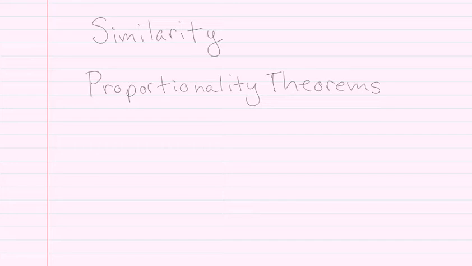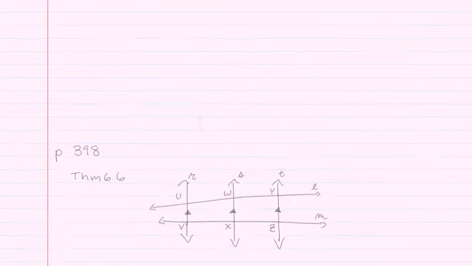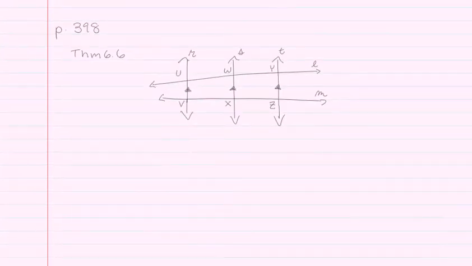In this video, I will continue our discussion on similarity using proportionality theorems. So in section 6.6, we already discussed a couple of theorems, and the next two theorems piggyback on those. So on page 398 of your textbook, theorem 6.6 says, if three parallel lines intersect two transversals, so my parallel